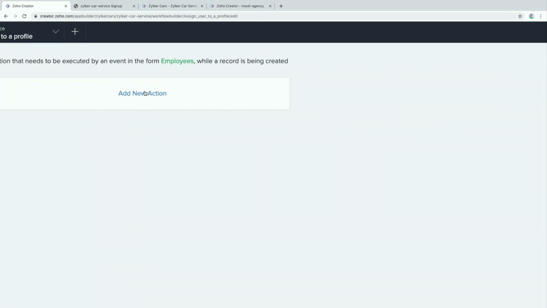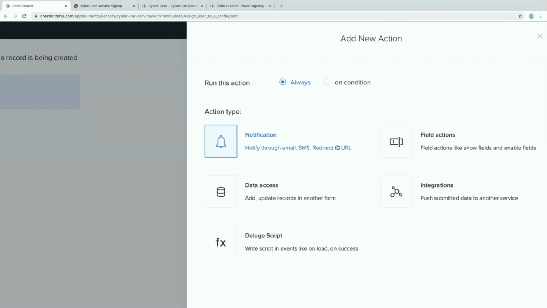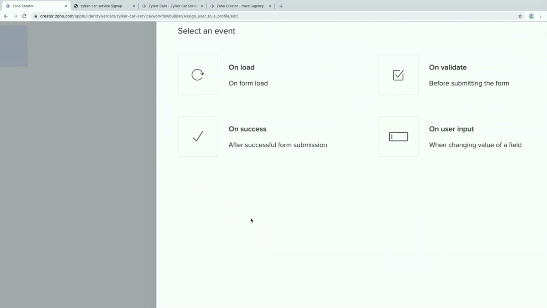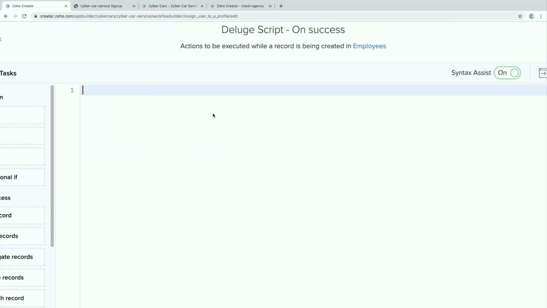I can create the workflow. Now, when you add a new action, number one, when to do. Whenever an employee is added into the system, we are going to do that. So that's on success of the form. So I can go with on success, and I can simply assign a variable in here.